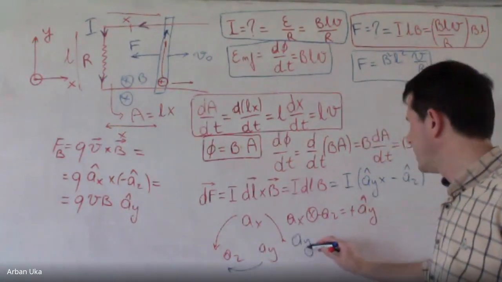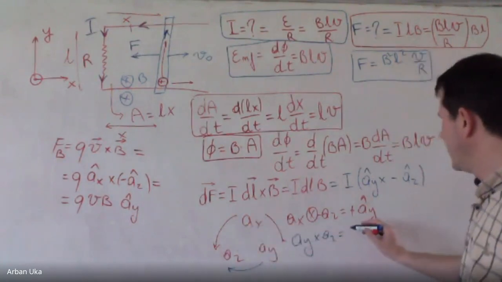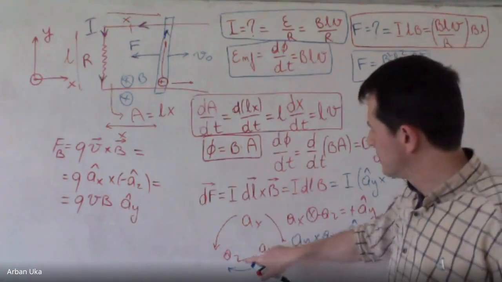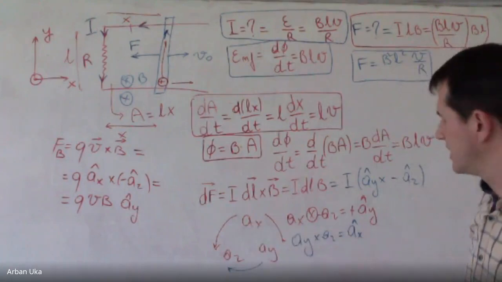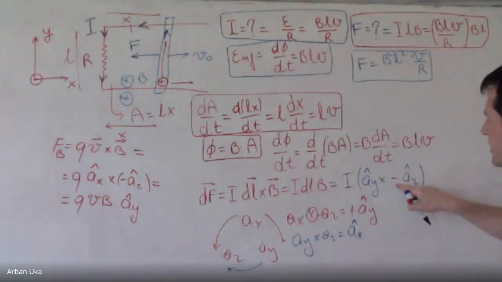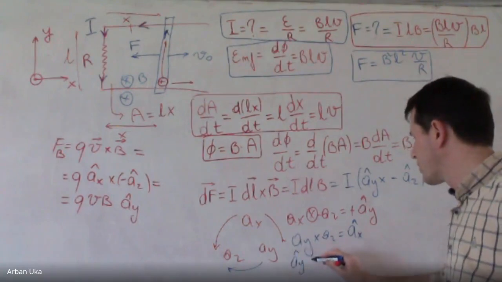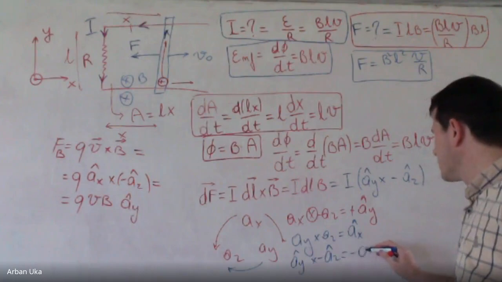What is AY cross AZ? This should be AX, okay? Because for two subsequent ones, when we take the cross product, we find the third one with a plus sign. But here we have minus AZ, and this means that AY cross minus AZ is equal to minus AX,